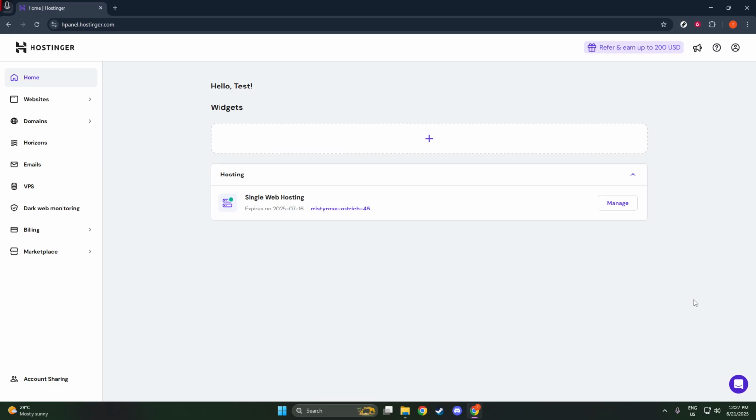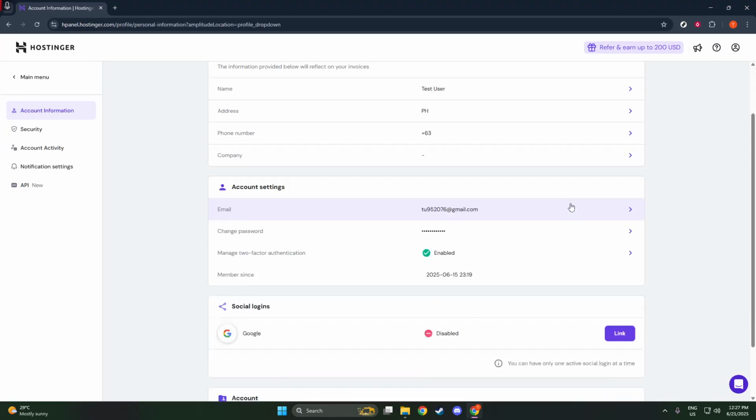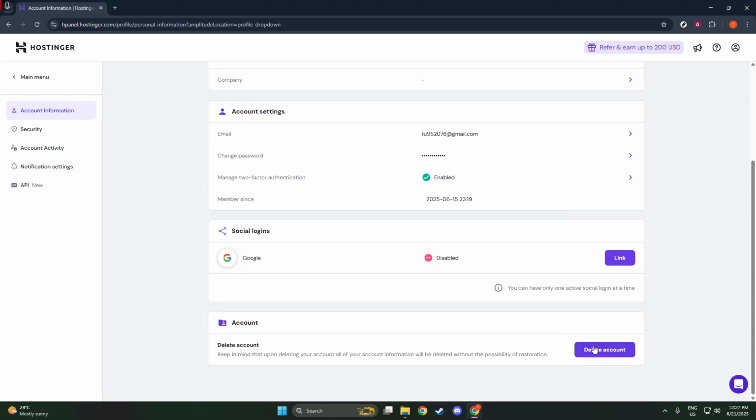After you've successfully requested the deletion in hPanel, the next stage involves confirming it via email. Head over to your inbox and keep an eye on your spam and updates folders too, just in case the email finds its way there. Look for the confirmation email from Hostinger, then find and click on the Delete My Data link provided within that email. Once you've completed this final step, your account will be instantly deleted from the hosted region where you requested